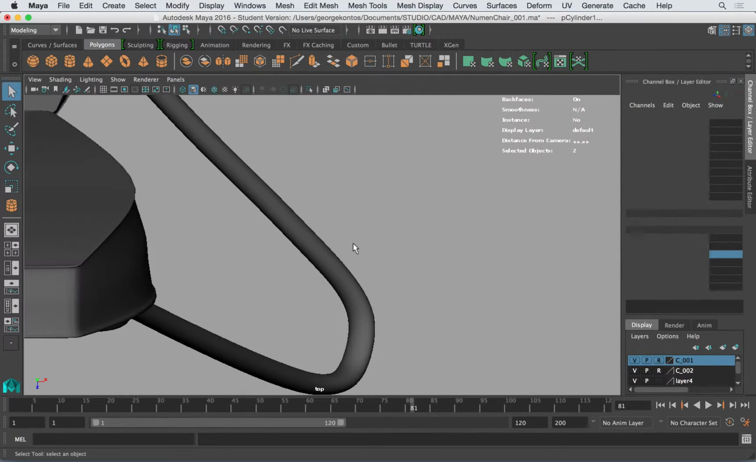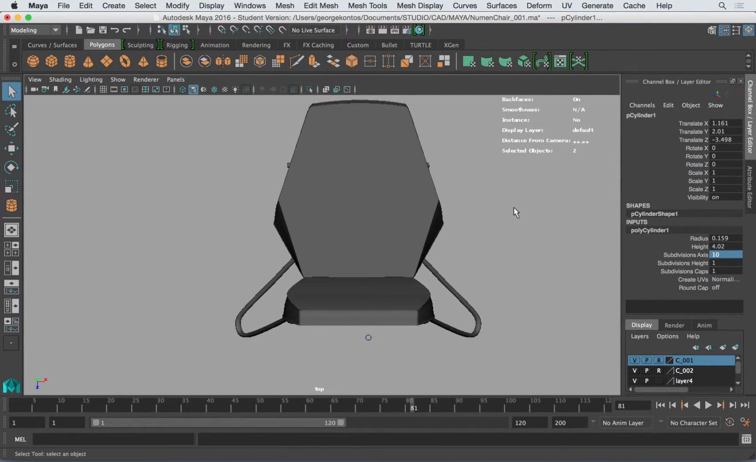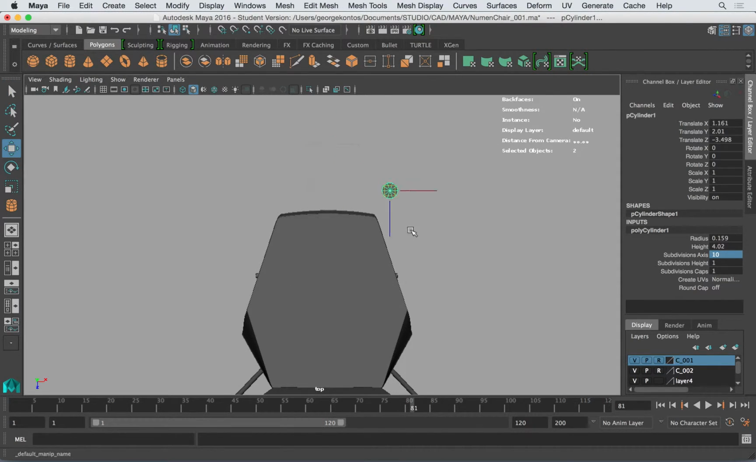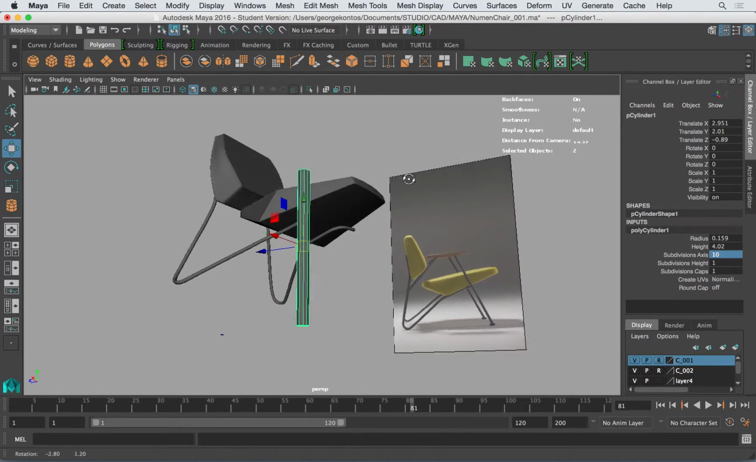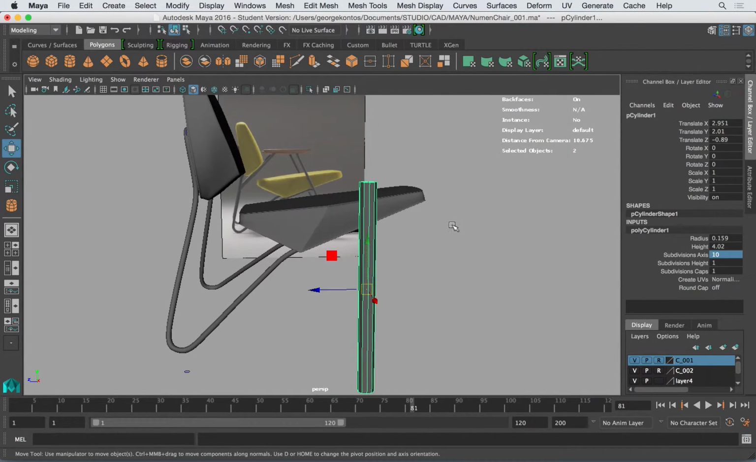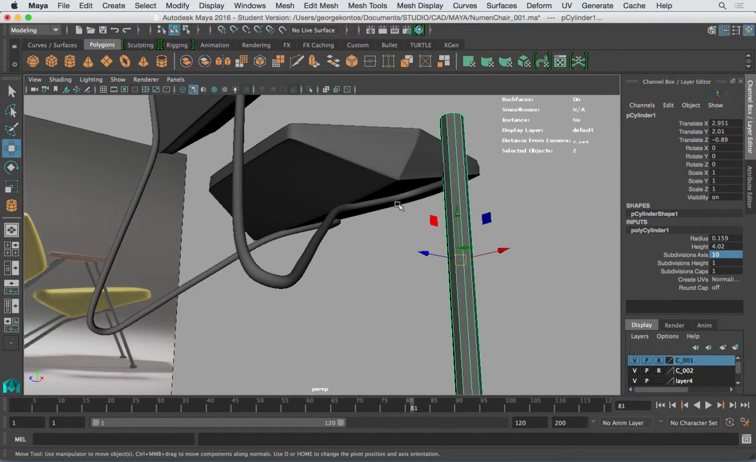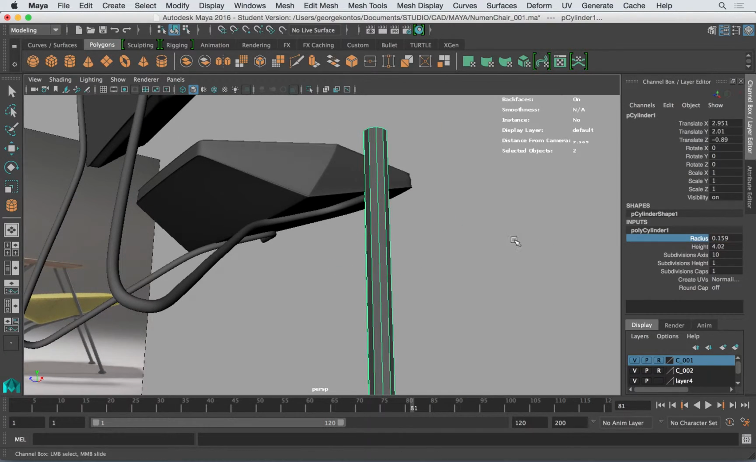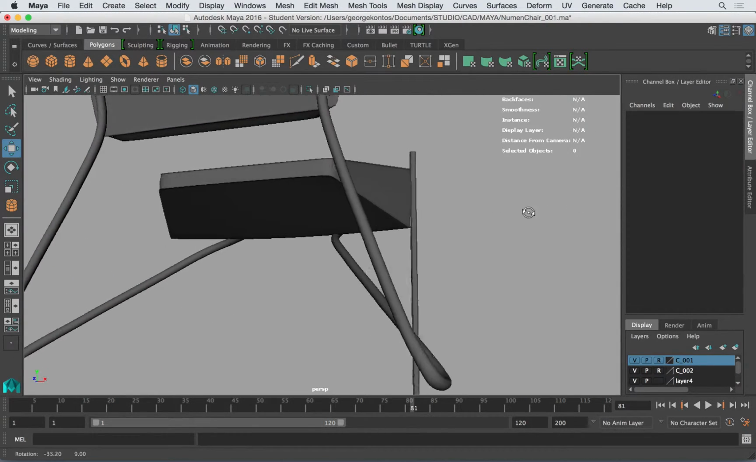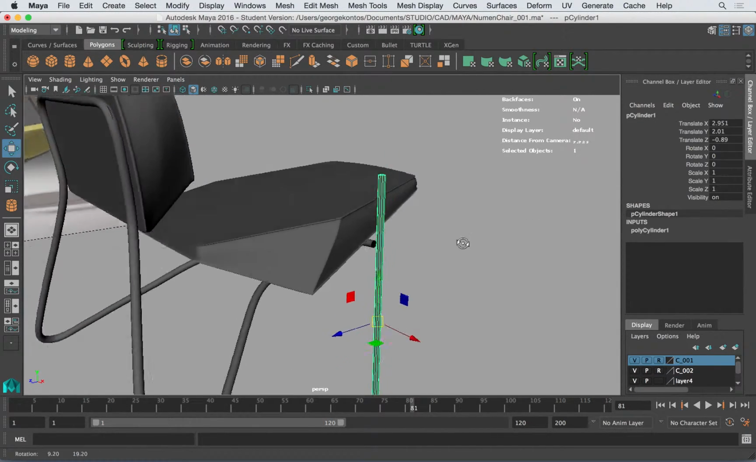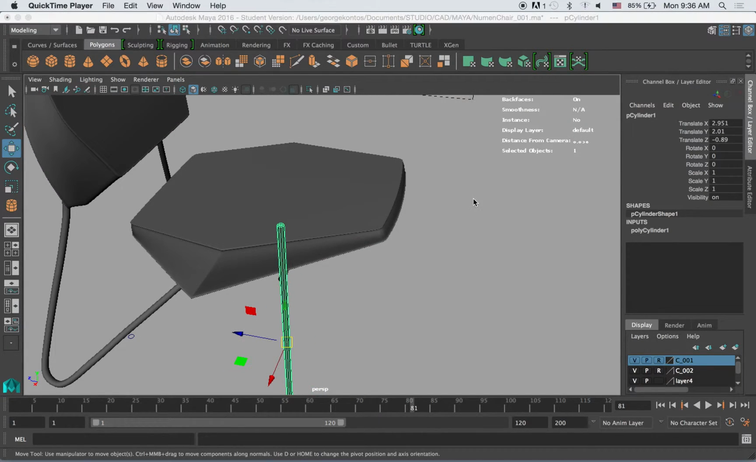Go to the top view, bring this here, so one side, and try to make it as thin as this pipe. So just the radius, I'm going to make it something like that. So this